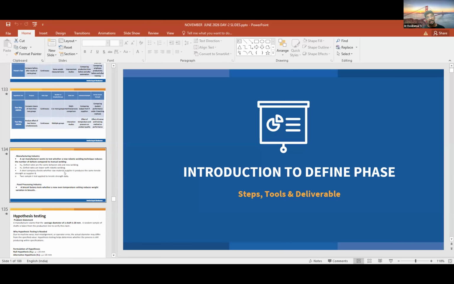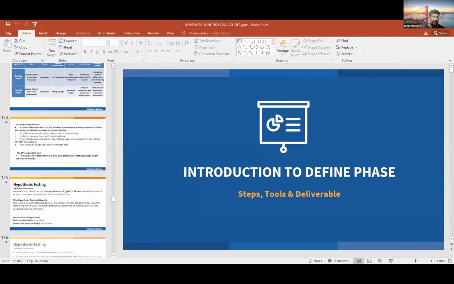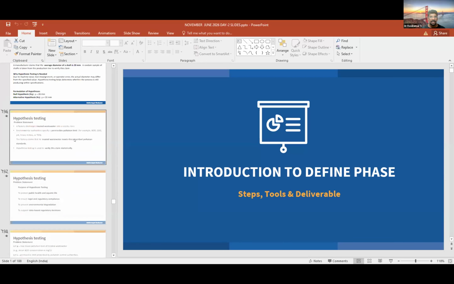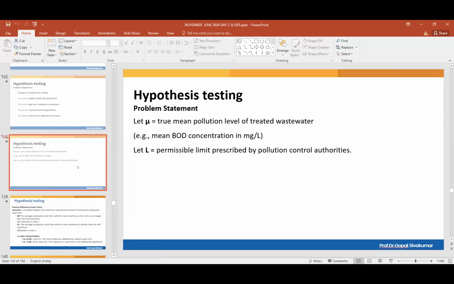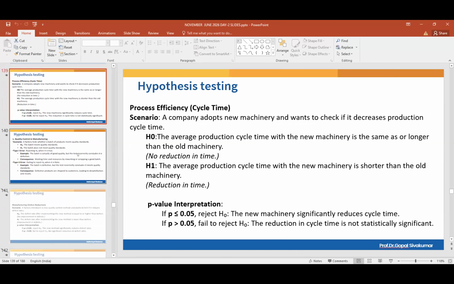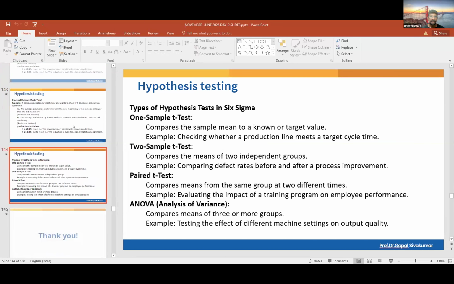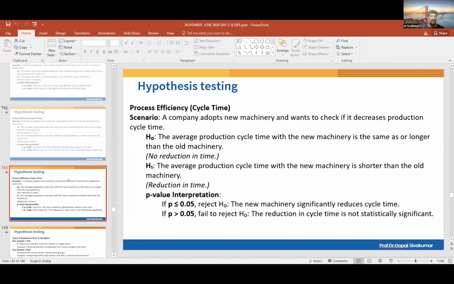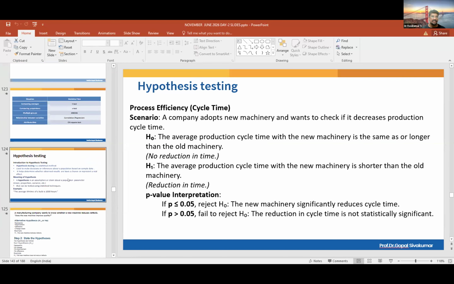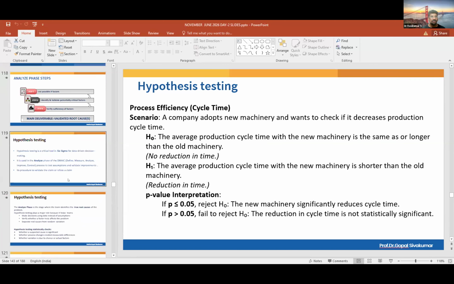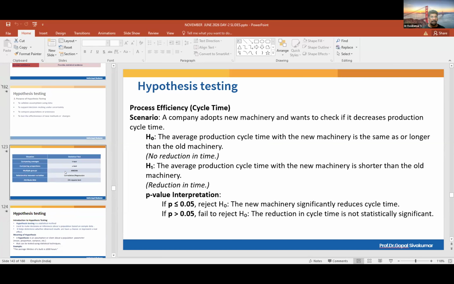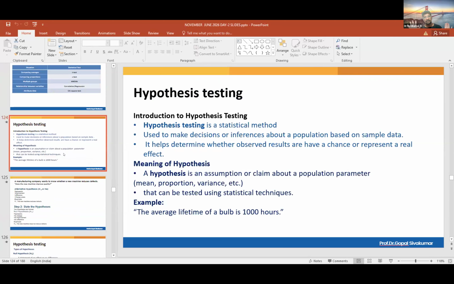See, actually, your alternate hypothesis should be contradicting the null hypothesis. What does it mean actually? It should not be the same. It should oppose the statement of null hypothesis. The manufacturer is claiming 1000 hours, but actually it is not so. Very simple. That is what alternate hypothesis says. We are contradicting the null hypothesis.